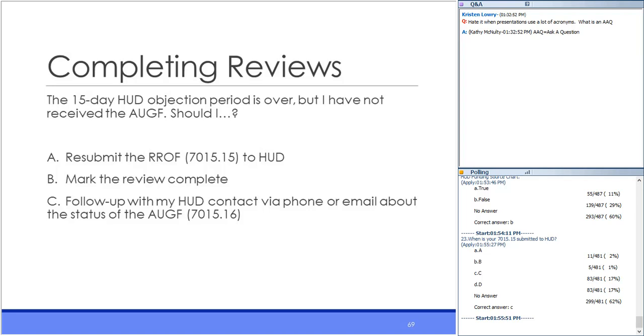Okay, looks like people knew this one. That's good. The answer here is C. So sometimes HUD approvers may miss the HEROS assign email indicating that the 7015.15 has been submitted, or sometimes they may be out of office. So you should definitely follow up with your HUD contact outside the system to ask about the status of the